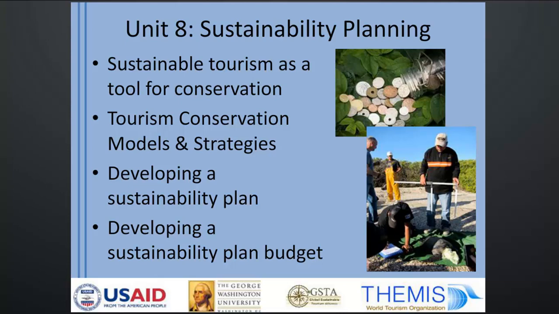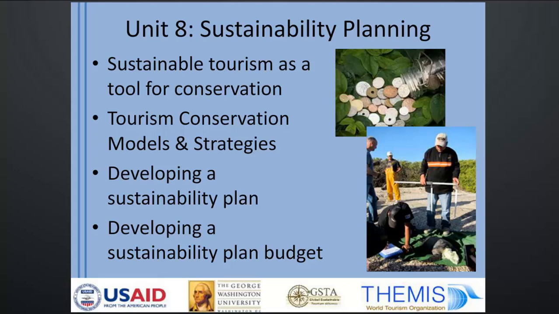So without getting too much into the theory of it, this section really focuses on, with those strategies in mind, how do you document that within your business plan, and how do you use the business plan to identify the financial and the human resources that are needed to implement those sustainability activities, something that in turn